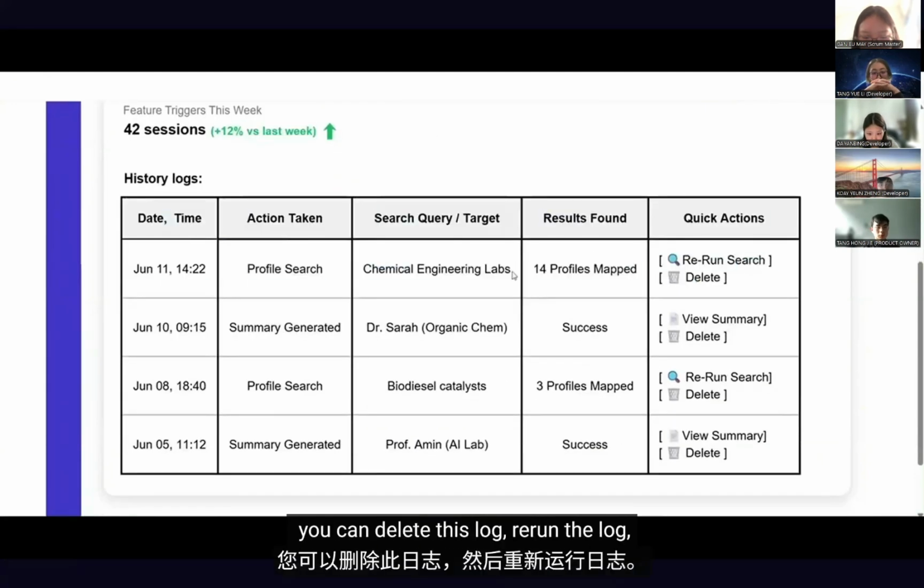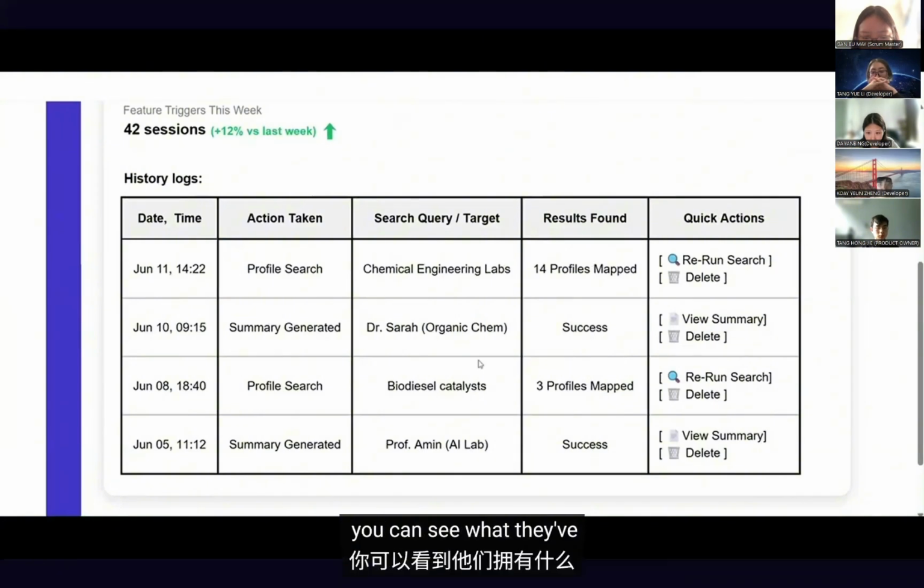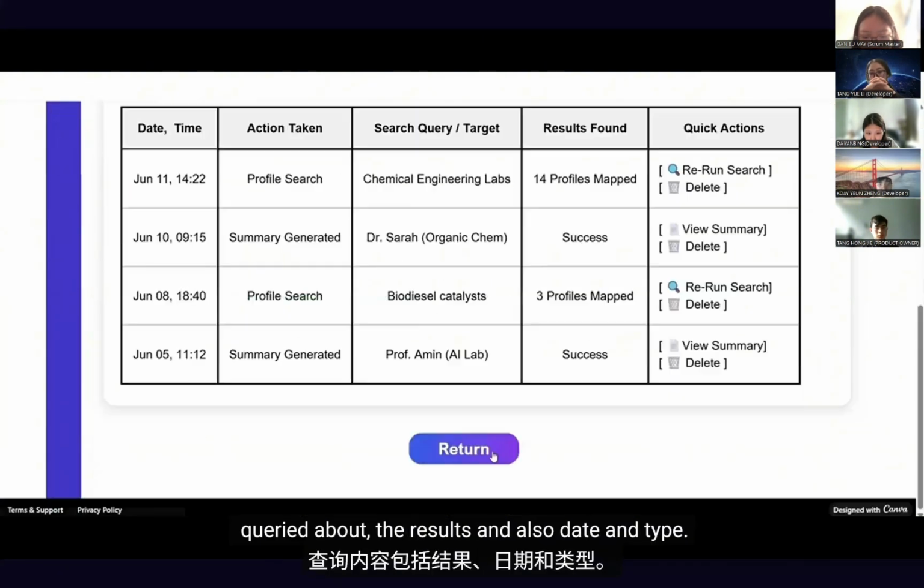So you can see the quick actions. They can delete this log, rerun the log. You can see what they've queried about the results, and also the type. After I press return,